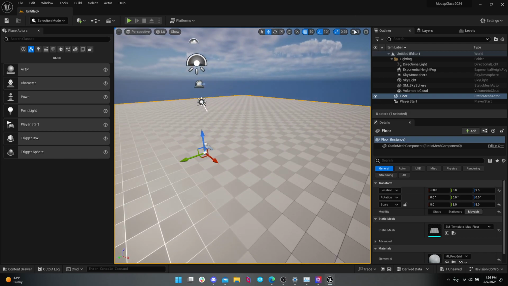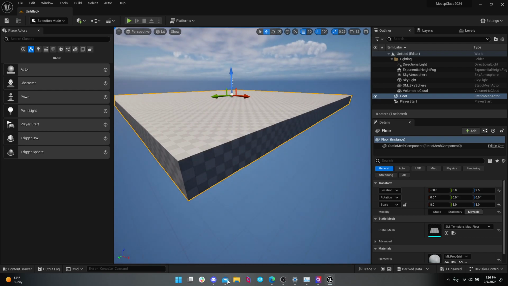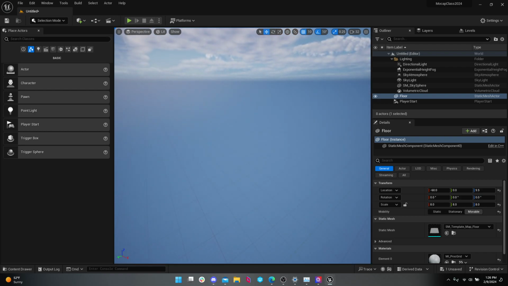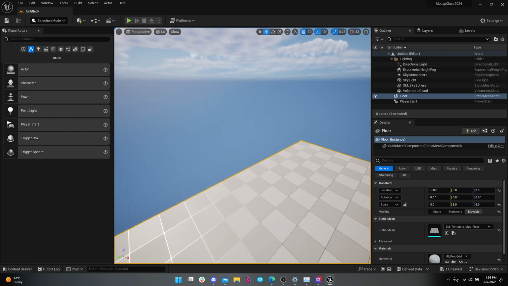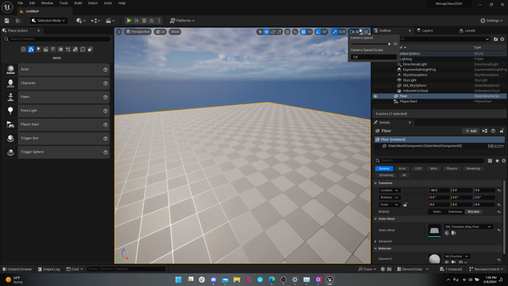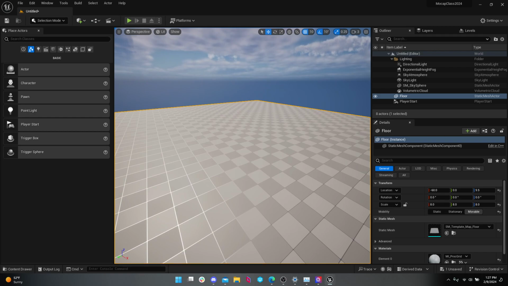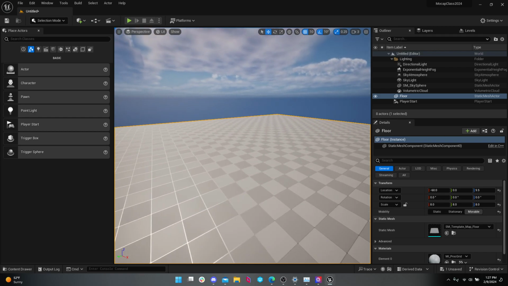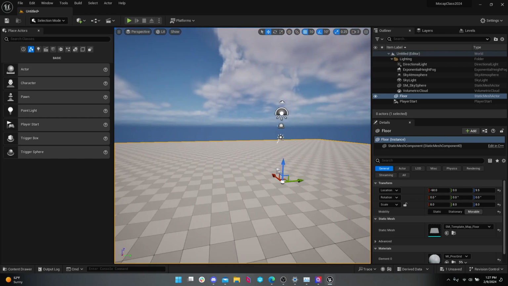But if I cranked up my camera speed, say to 32, now I move the mouse a little bit and it zooms across the entire world. So that's useful if you have bigger worlds. Or if you're an elite gamer, you know, and you have lightning twitch reflexes, high DPI mouse, and you just like it like that.